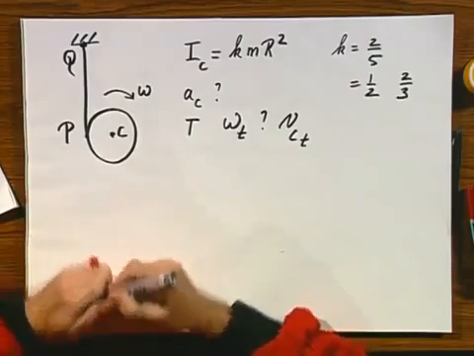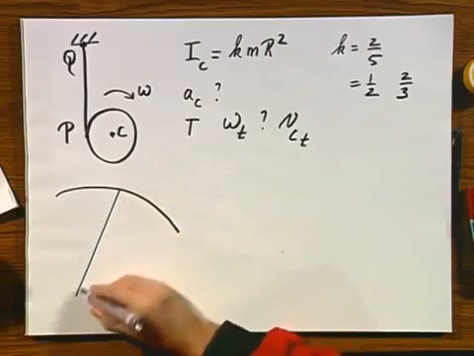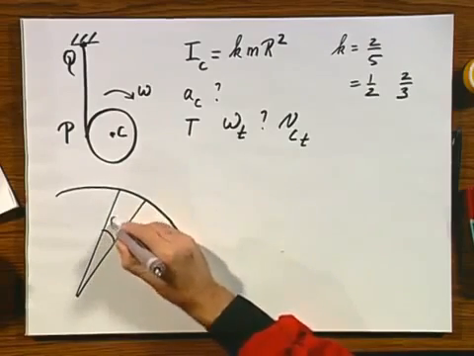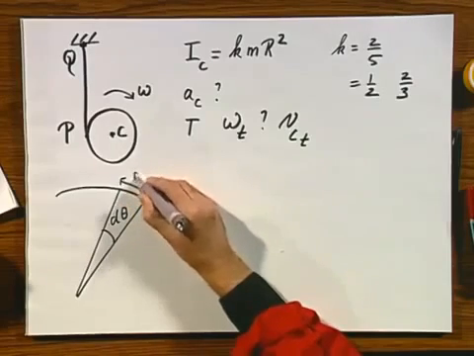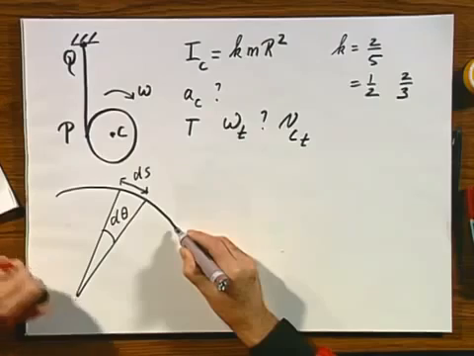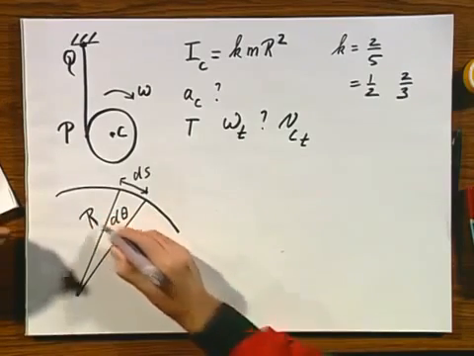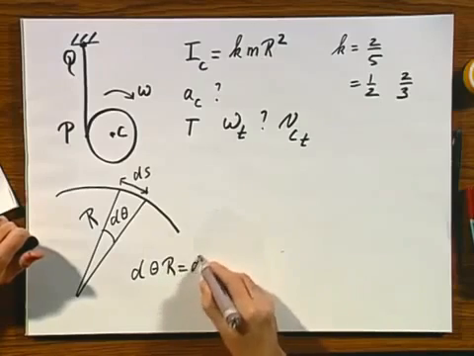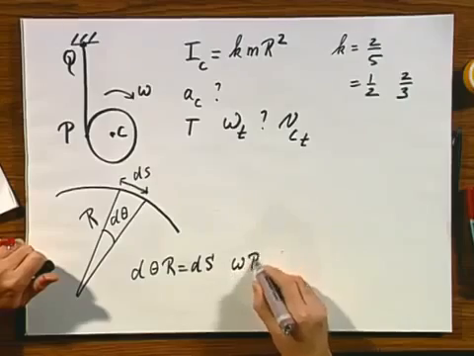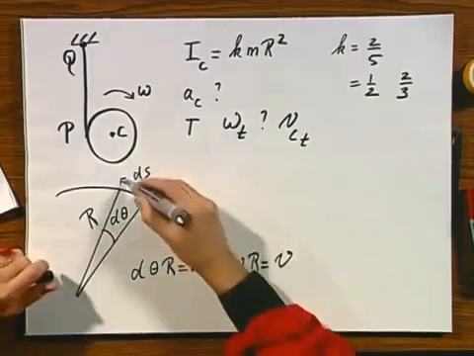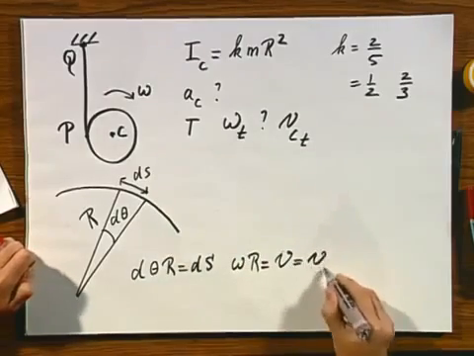and this is clearly a situation of no slip. If I make an enlargement here, that means if it rotates over an angle d theta, and if the rope never slips here, then the rope moves over an angle ds, then it's immediately obvious that d theta times r, which is the radius, equals ds. Divide left and right by dt, and you find omega r